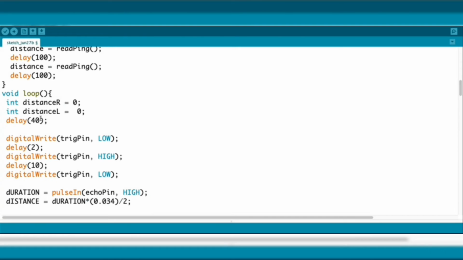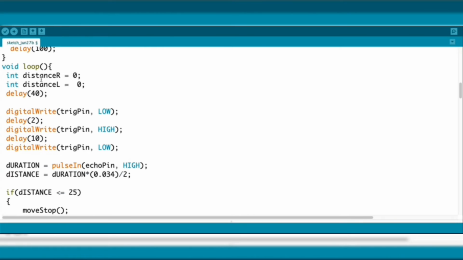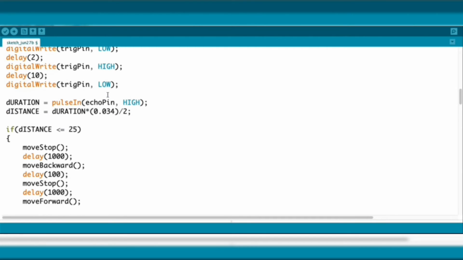Now the void loop will run for infinite time, so there is a loop. We have defined here distance r and l as 0, 0 because the right side and left side distances are 0. Then there is a delay. We have digitally set the trig pin as low, then high and low to send the pulse for 10 microseconds. Now here is duration, that is pulseIn echo pin, HIGH.